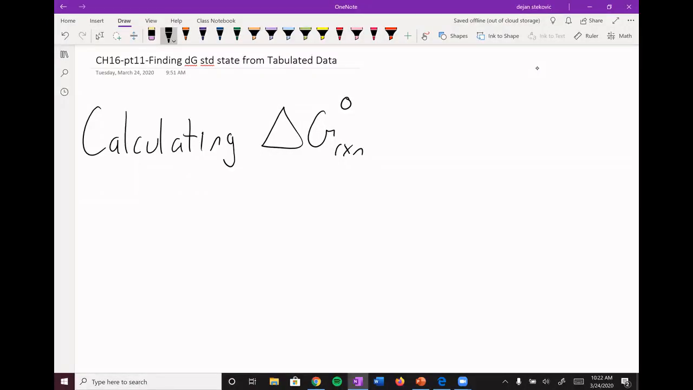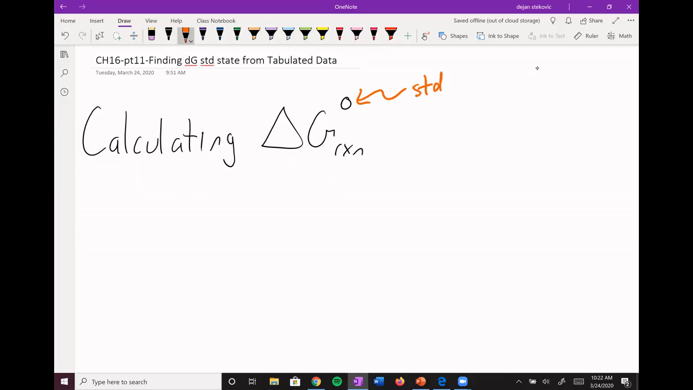All right, so we've seen how delta G can be useful to tell us the spontaneity of a reaction and to tell us about how much work a reaction can do. So obviously delta G is important, so we want to know how to calculate delta G. So first we're going to start off with calculating the Gibbs free energy of a reaction in its standard state,